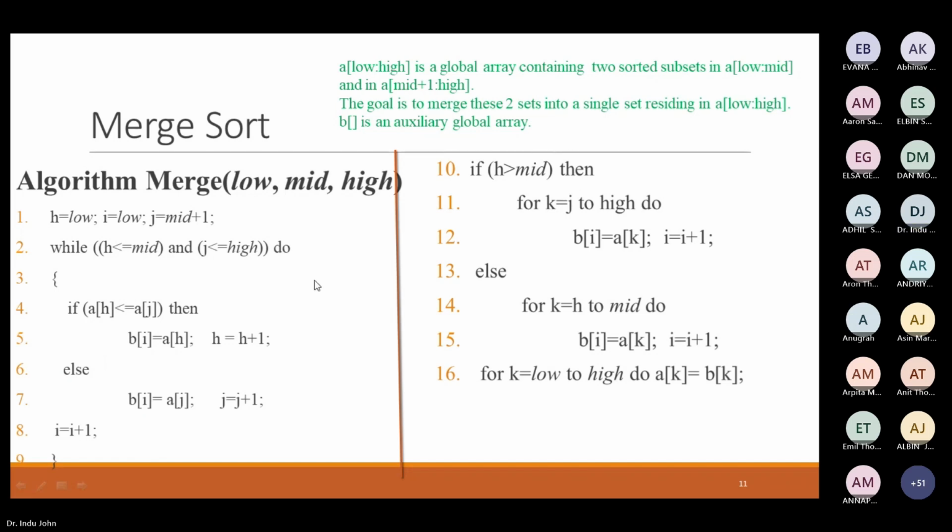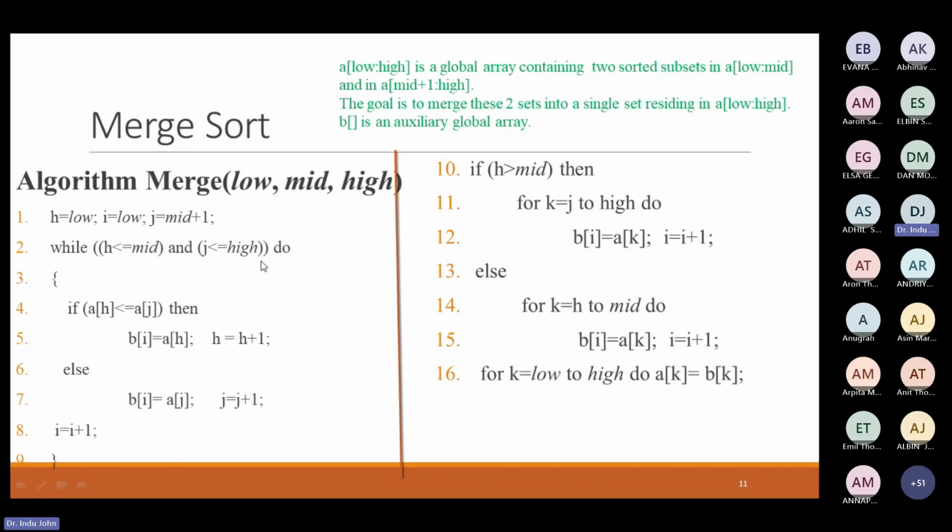That is why you are giving this condition. Let us say the first half has 4 elements and the second half has 3 elements. This loop will run as long as you process 3 elements from